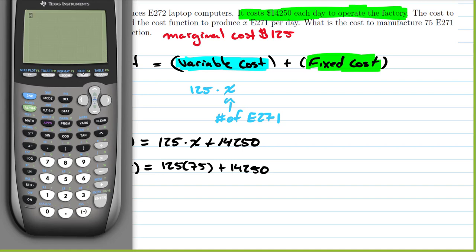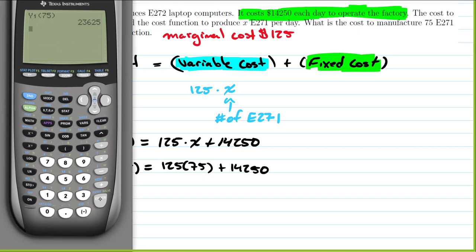And then we press alpha and trace. We select y1, and we can just put the input in that we're trying to find, which is 75. Oh, apparently I didn't press alpha y1. So alpha trace, we choose y1, and then we put in our 75. We press enter, and it gives us